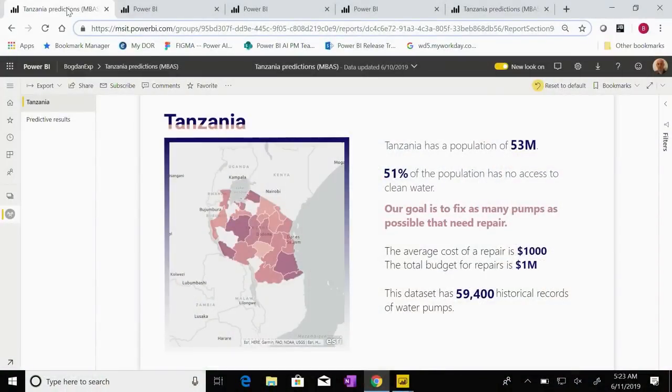The purpose of the demo is to show you how I learn from the historical data to figure out where I should focus my attention, and then how I apply those learnings directly onto the problem in order to do as much good as I can with a limited budget. So